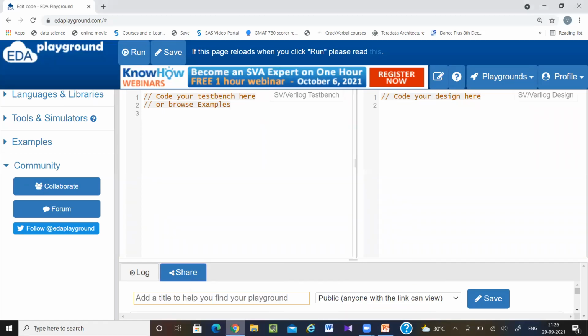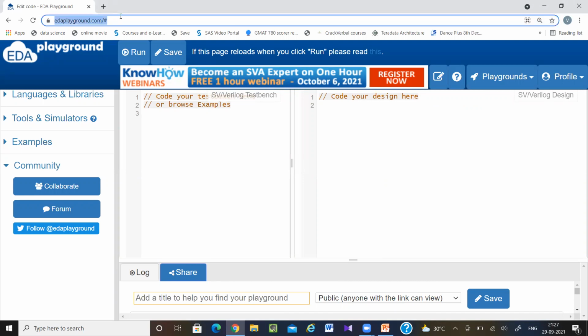All. Today I'm going to explain how to write a simple Verilog code. So we will start from a 1-bit full adder. If you have any tool like Xilinx Vivado or Questasim, you can write the code there. If you don't have any tool available with you, then you can simply write the code in EDA Playground.